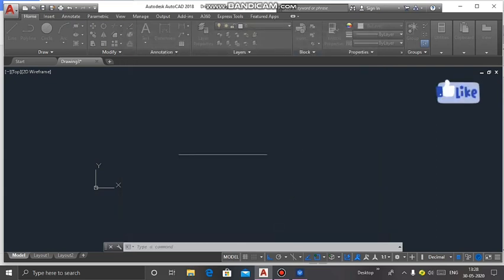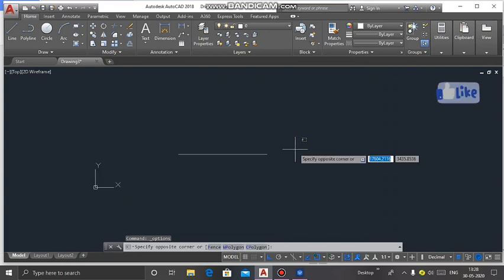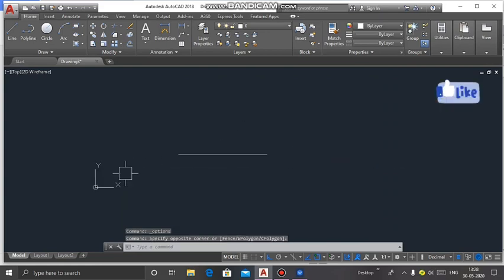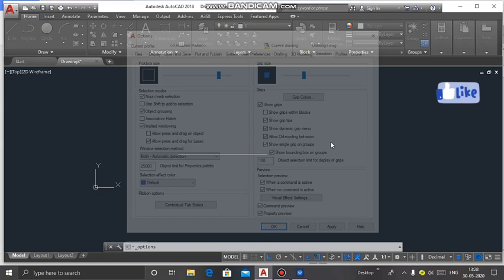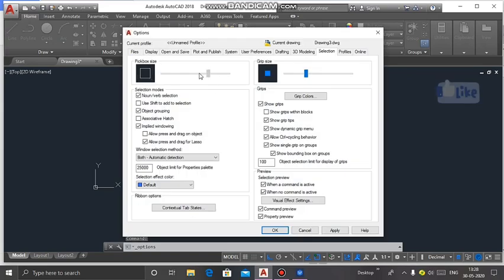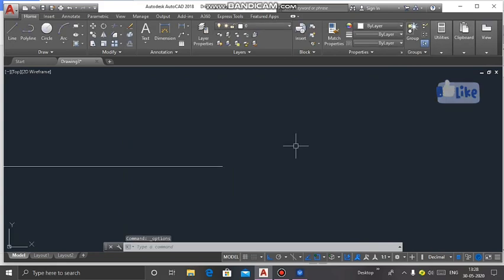Okay, now you can see the size of your cursor is increased. Now if you want to decrease, go through the same procedure, and now you can decrease the size of your pick box also. Okay, now it becomes like this.